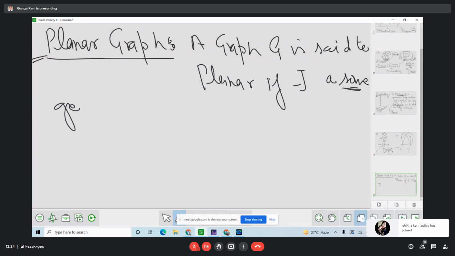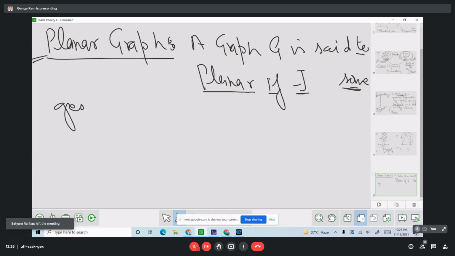Okay, a graph is said to be planar if there exists some geometric representation